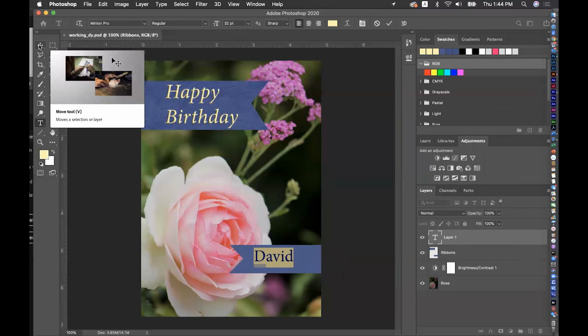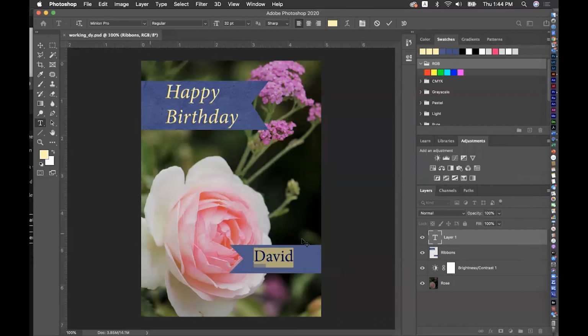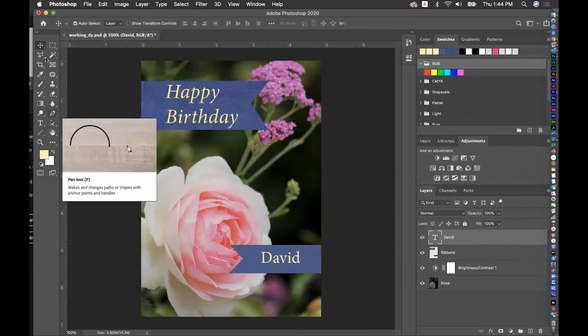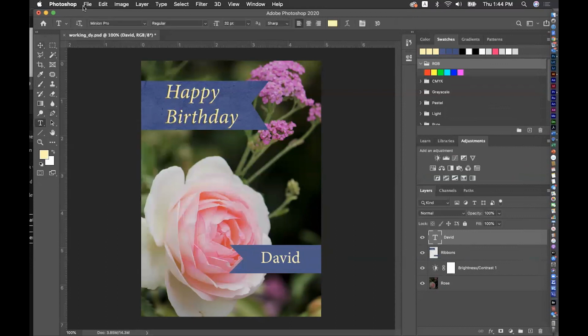If I go to the move tool, which is V on the keyboard, oops, click away for a second, go to the move tool. I can move that type around. And you see it is on a separate layer by itself. It says my name, David, right there. I can also go back to the type tool, T, and come back, grab that type,